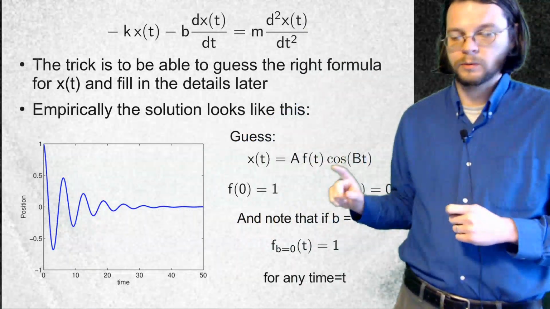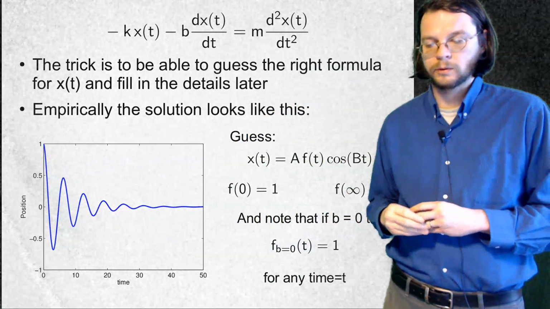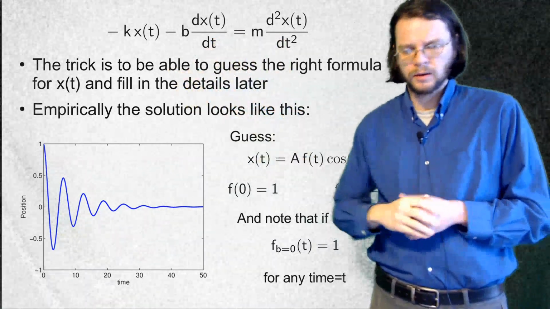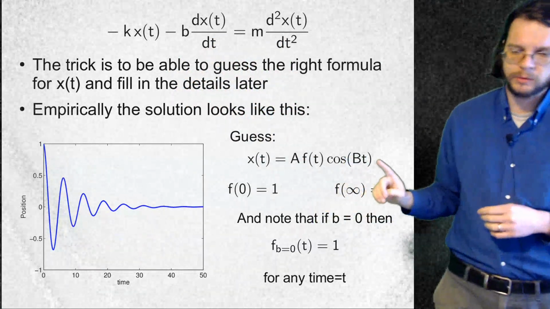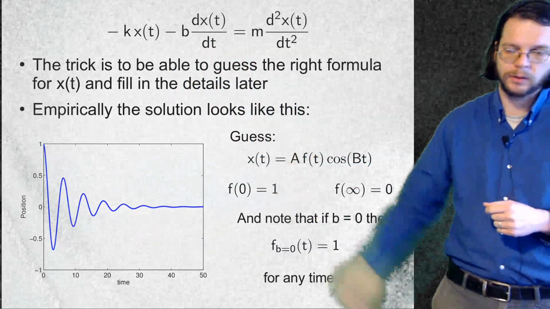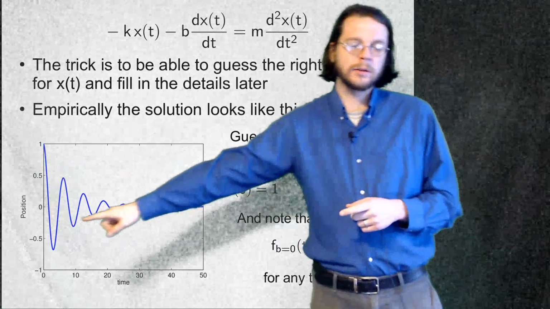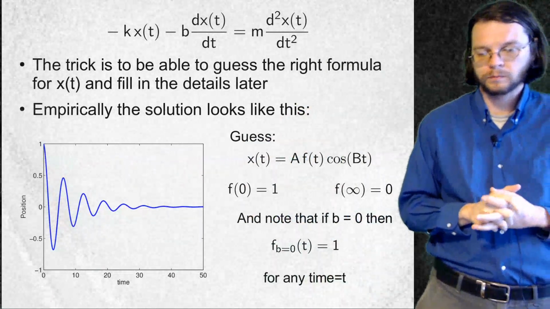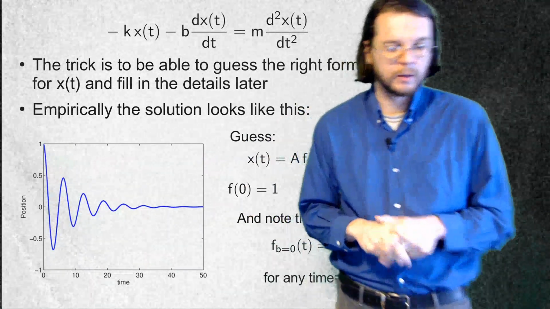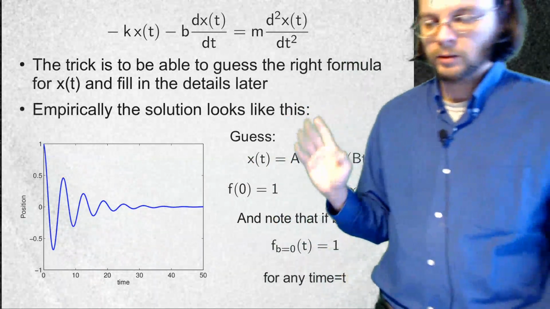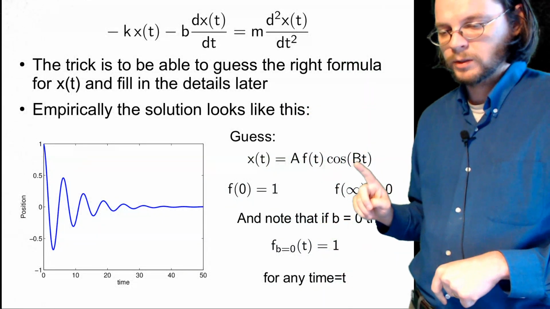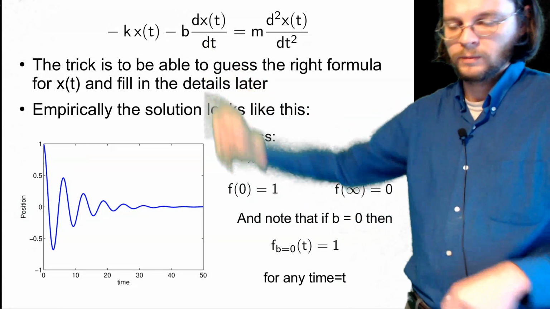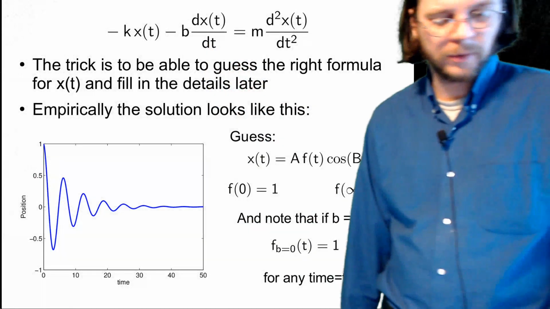We want to figure out what A is, we want to figure out what B is, and we want to relate as much of this stuff to the mass of the object, the damping, and the K constant. One thing you may have noticed is that we've gotten rid of the plus a constant thing because we're going to assume that things oscillate around 0. I could have put that in there if I wanted to, but I thought it was simpler to leave it out. All right, so again, the mission is to figure out what this constant here, B, is, what A is, and how f of t relates to, say, the damping. Okay, so